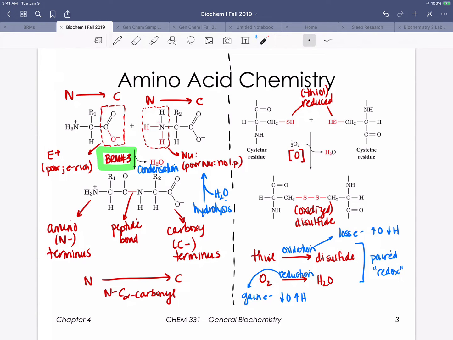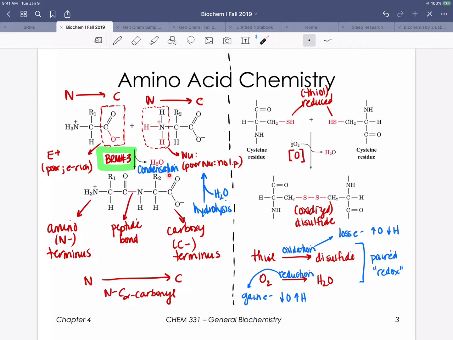One of the skills that you are going to have to know for your exam is how to draw a small peptide. Not only being able to draw the peptide backbone, remember we've got N-C-alpha carbonyl, N-C-alpha carbonyl, but being able to draw the relevant R groups depending on what I tell you the amino acid sequence is. It literally is going to be a word that I give you, and you'll need to take the letters of that word